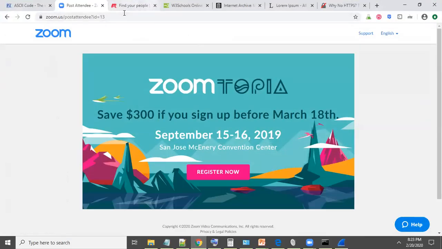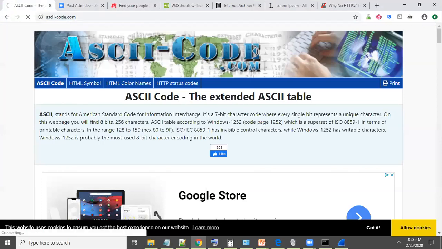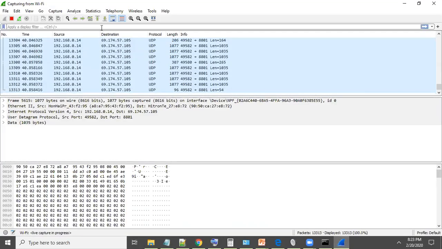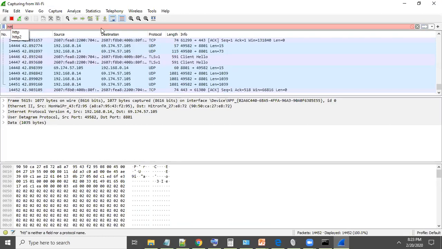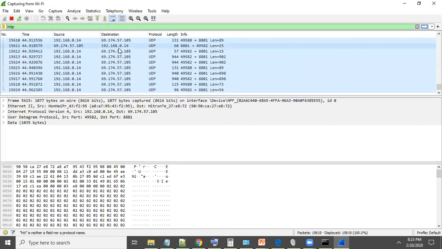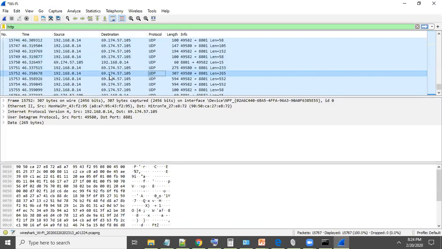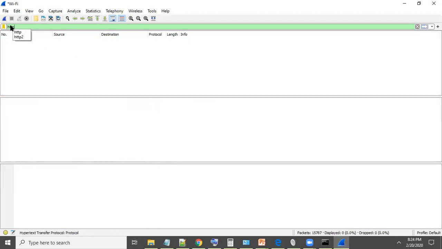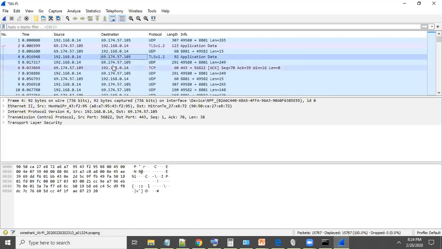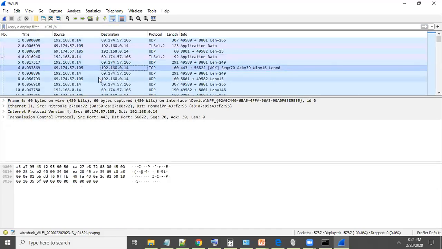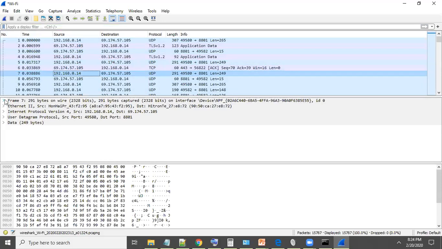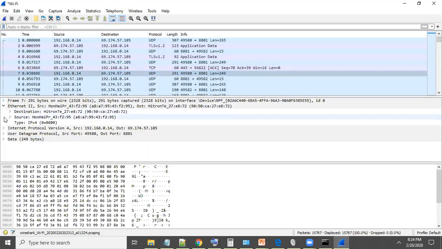Let's see. So I'll refresh this page. Then we could type in HTTP. We'll pause it. It didn't capture it, but rather than going too much into that, let's look at the format of the actual packet. As you can see, if we click on a particular packet, we can see the actual information contained within it, and the information that's kept in it.